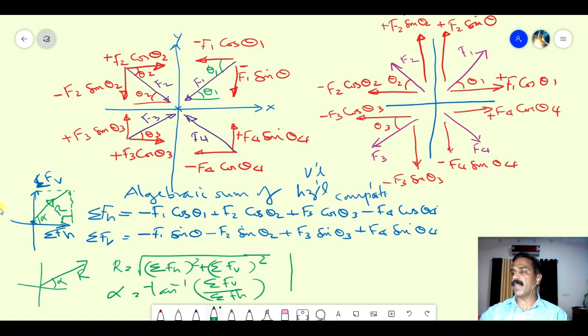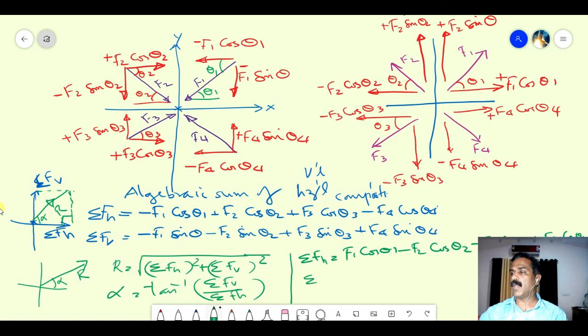I will write just the algebraic sum, sigma Fh and sigma Fv. Sigma Fh is equal to, we will start from the first one, F1 cos theta 1, it is plus, you can see it is plus, then minus F2 cos theta 2, minus F3 cos theta 3, and plus F4 cos theta 4. So two forces are negative and two forces are positive. So F1 cos theta 1 minus F2 cos theta 2 minus F3 cos theta 3 plus F4 cos theta 4,